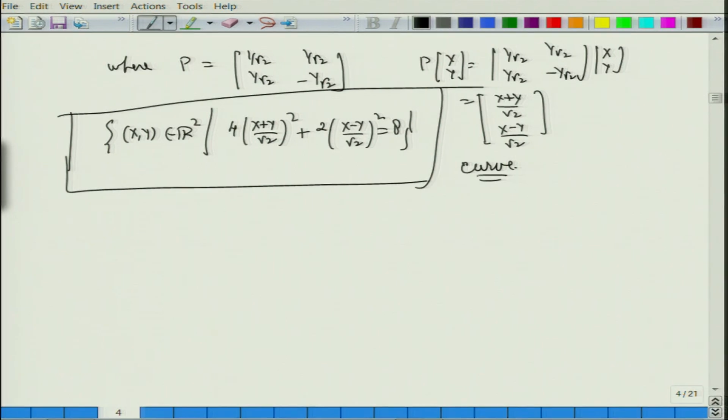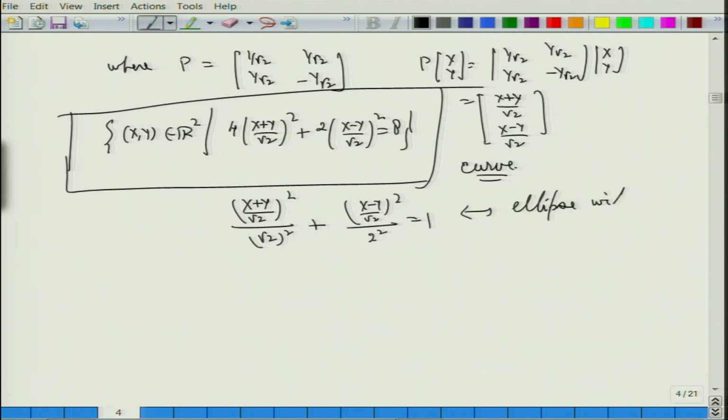All right. So you can see here now it is nothing but (x plus y upon root 2) whole square divided by 8 upon 4, which is 2, plus (x minus y upon root 2) whole square divided by 8 upon 2, that is 2 square, is equal to 1. So this is the ellipse that you are looking at, ellipse with